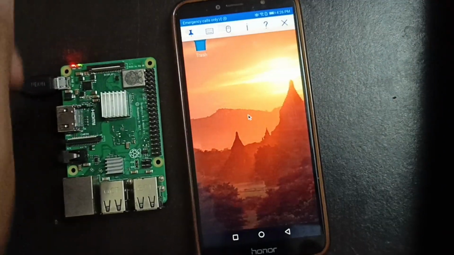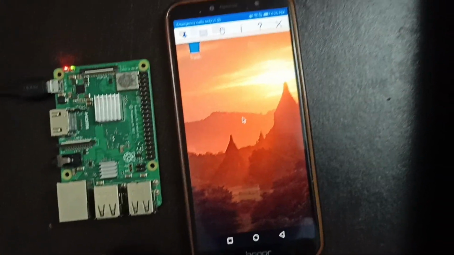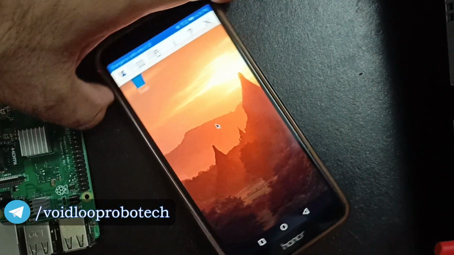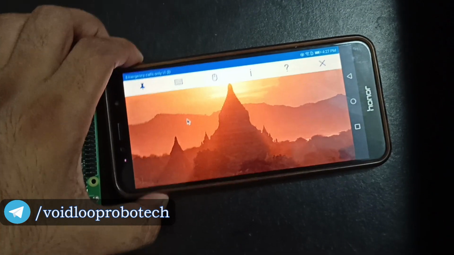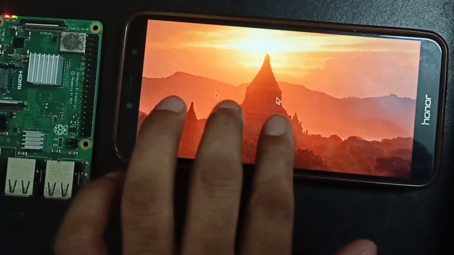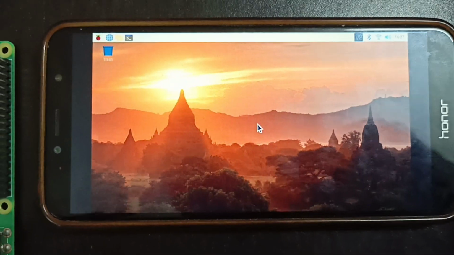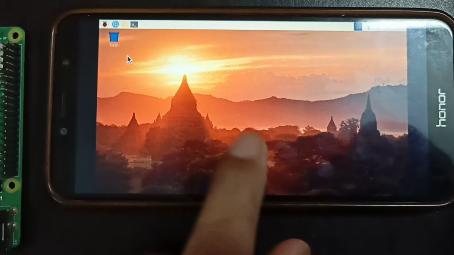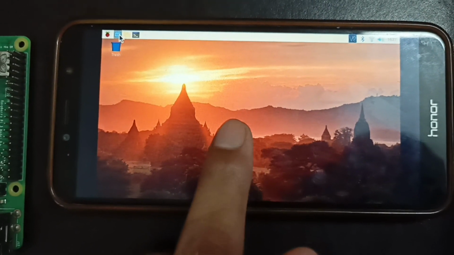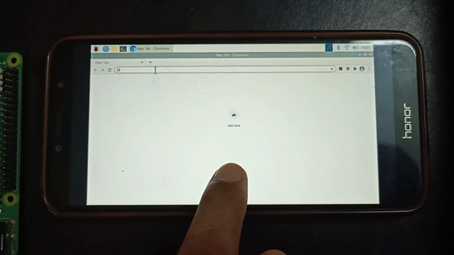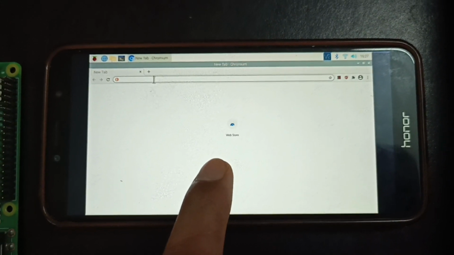What is this? Okay, so this is user interface with mobile phone. I will show you. As you can see, cursor is moving and open here browser and you can open here YouTube.